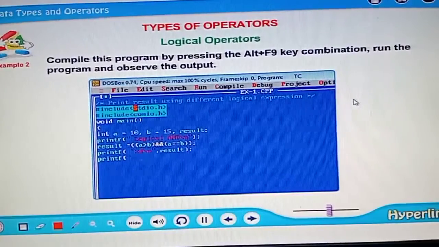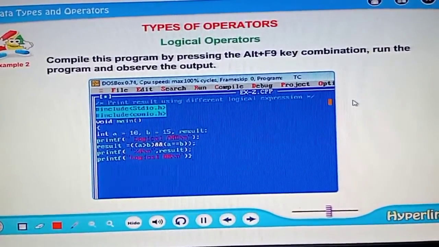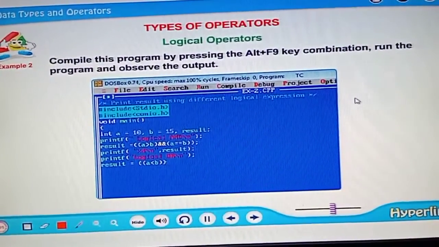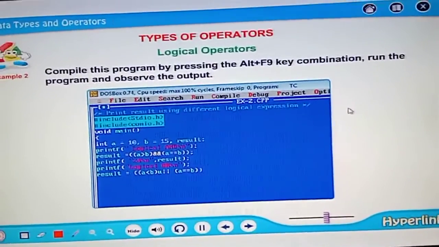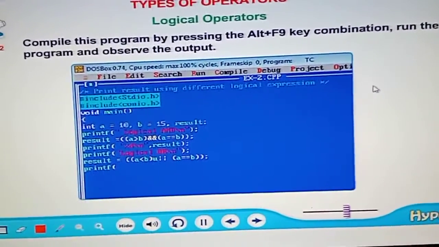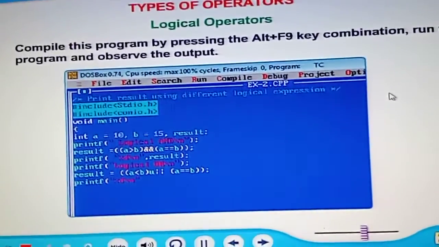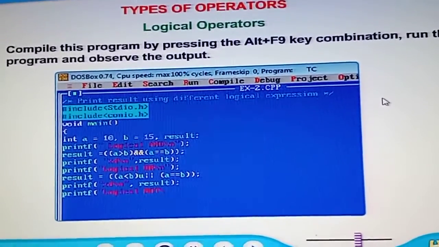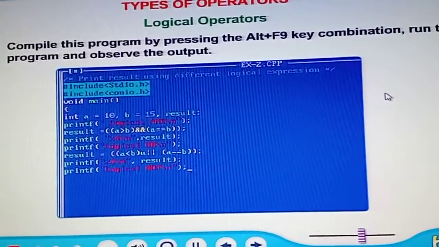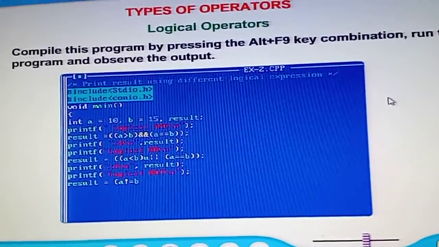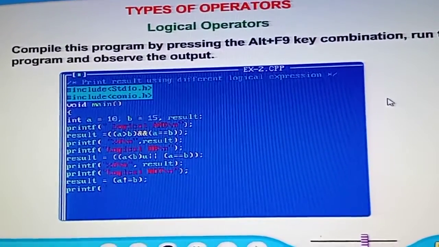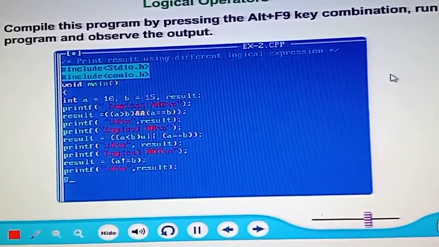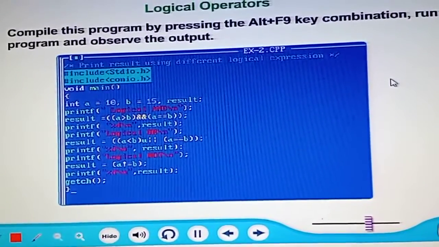printf("Logical or\n"); result = (a < b) || (a == b); printf("%d\n", result); printf("Logical not\n"); result = (a != b); printf("%d\n", result); getch(); }